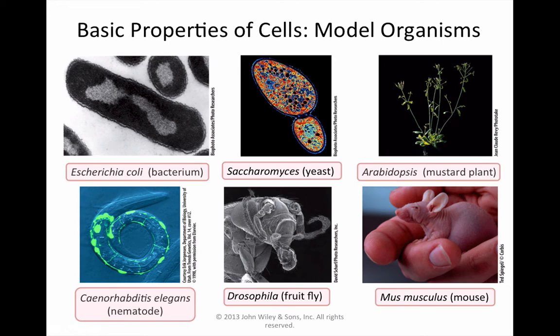Much of what we know, not only about prokaryotes, but also eukaryotes, in terms of replication, transcription, and translation, was founded by using E. coli as a model organism. The next one is Saccharomyces. This is a yeast cell. This is known as baker's yeast or brewer's yeast. It is one of the most basic eukaryotic cells that we have,